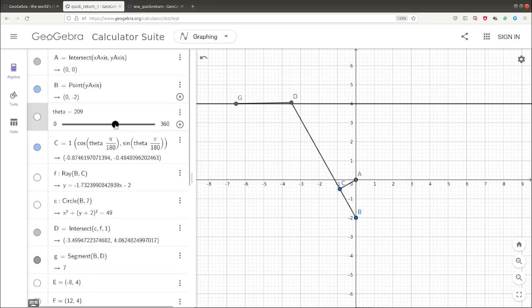Roughly 210. The angle from the horizontal line to here is 210, and it's going up to roughly 320.